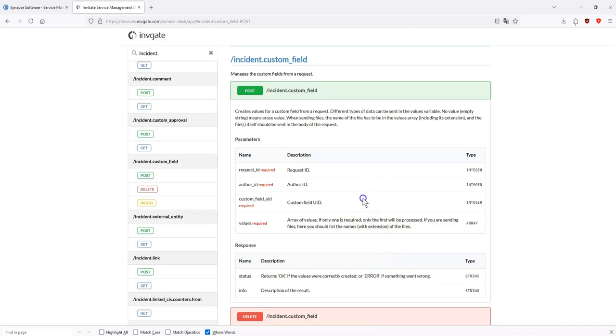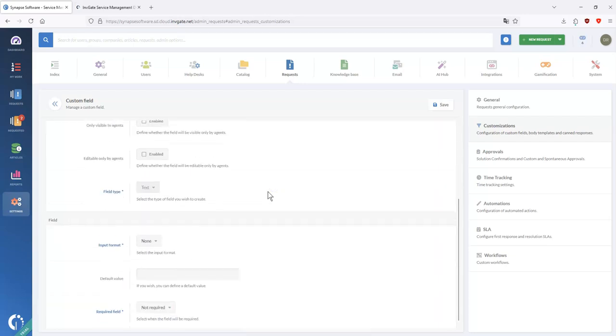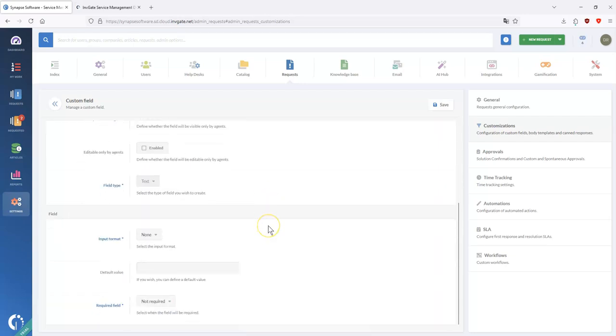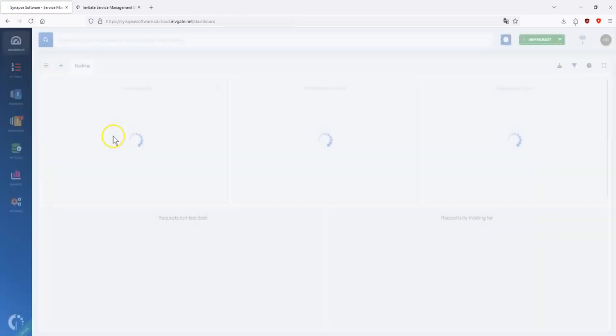But the problem I ran into was I need to know the actual ID for the field, which is not the name. So you've got a name here, you can have a description, but I don't have the ID. And I'm new to InvGate. It's possible that there's somewhere in the system where there's a list, but what I found that was really convenient for me,